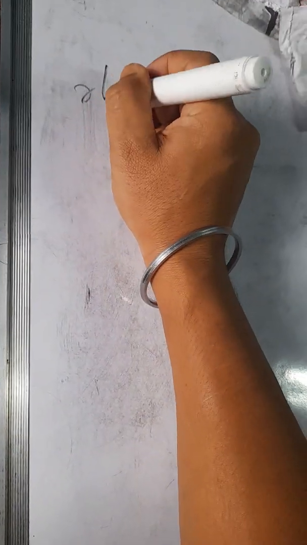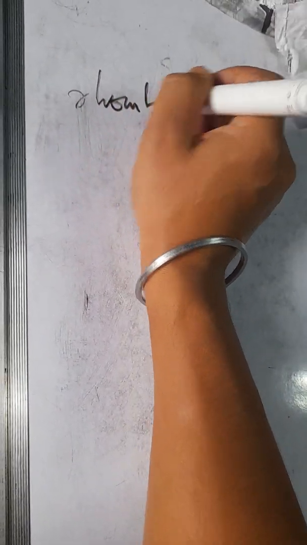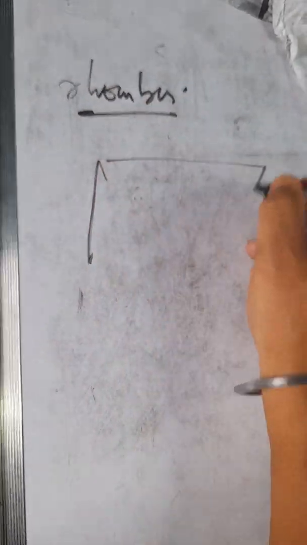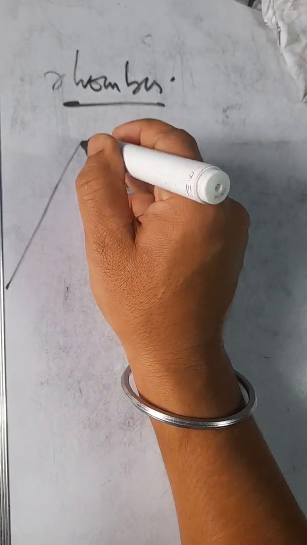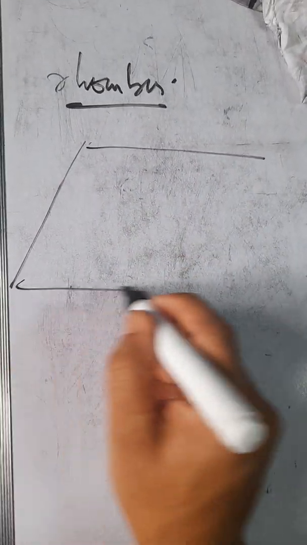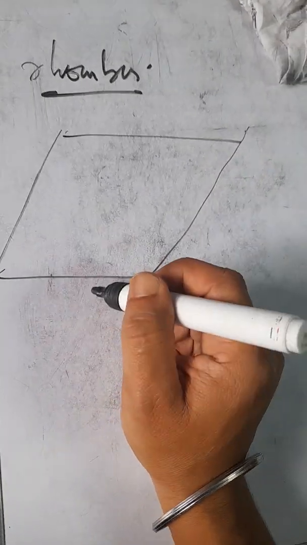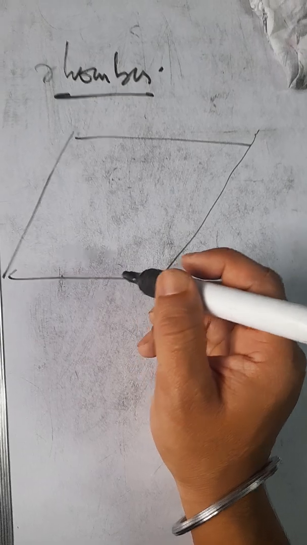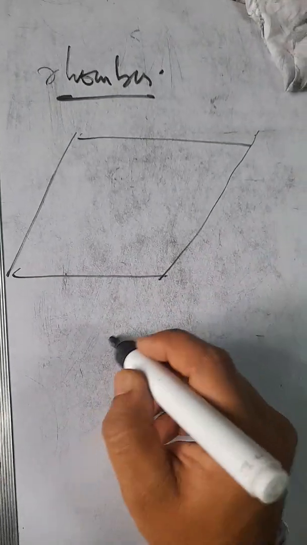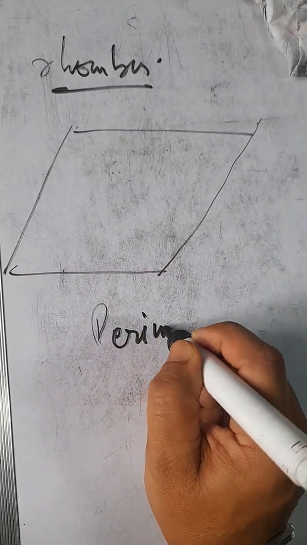Now come to the rhombus. Rhombus has the same format as we know in the square. The square has a straight line, but the rhombus has a diamond shape. So just follow that, but the sides are the same. Whatever the length of the sides will be, that will be the same. And the formula will also be the same for the perimeter of